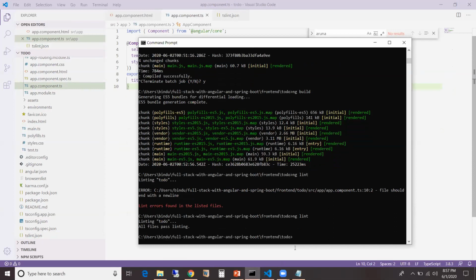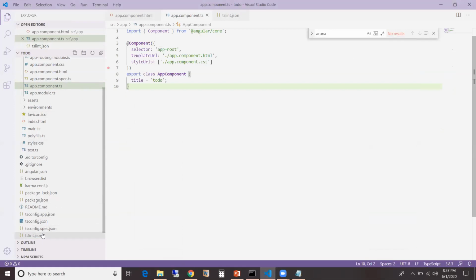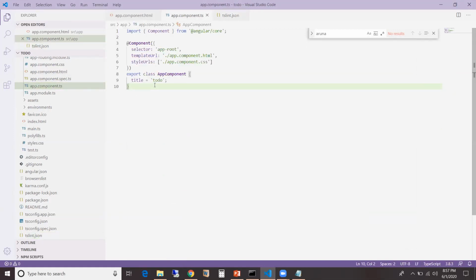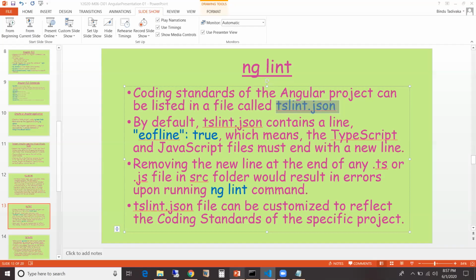Okay, it went through. So let me just put it back. So it is more of a checkstyle in Java.